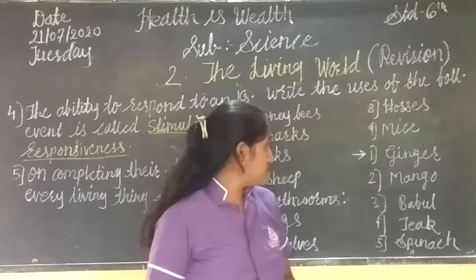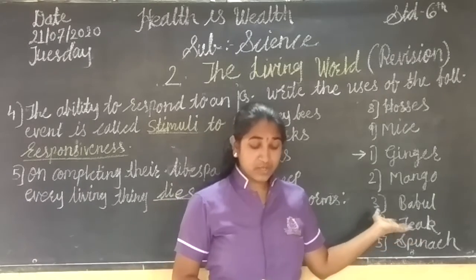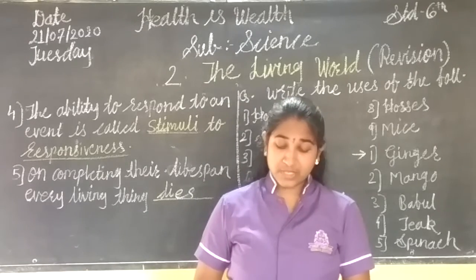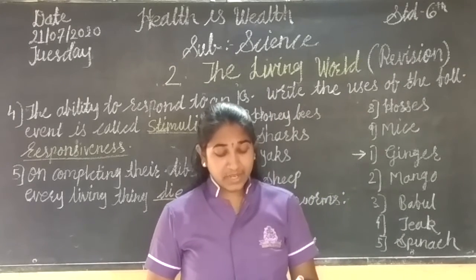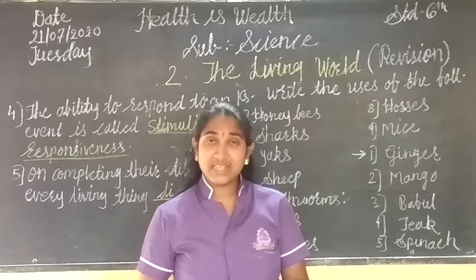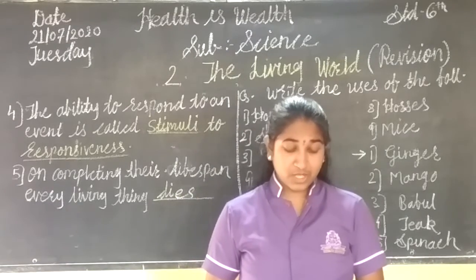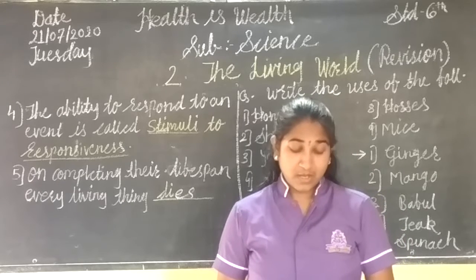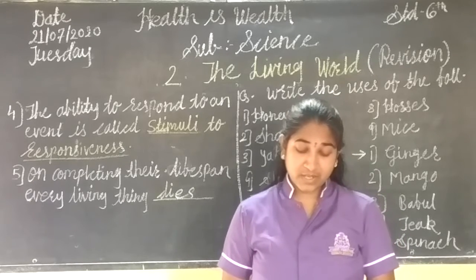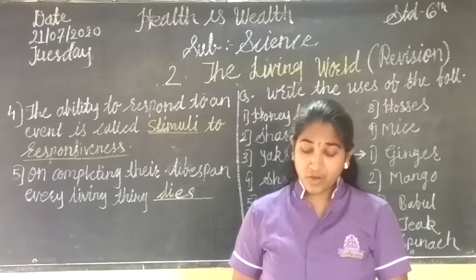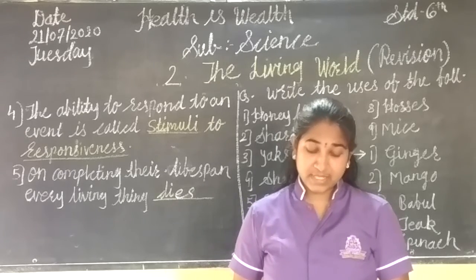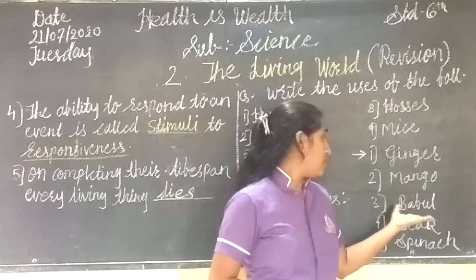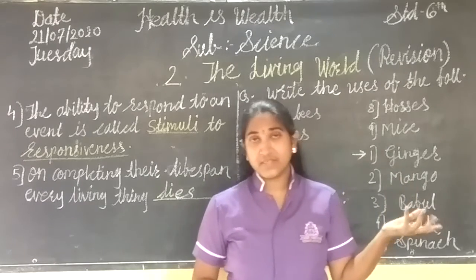Then next is the babul. What is the use of the babul tree? The leaves and legumes of the babul tree are used as cattle feed. The delicate twigs of the tree are used for cleaning teeth. Due to the thorny nature, the branches of babul are used for making compounds and enclosures. The gum oozing out from the bark of the tree is in great demand. The wood of babul is very tough and hence used in shipbuilding. See, one thing is that the babul tree twig is used for cleaning teeth.